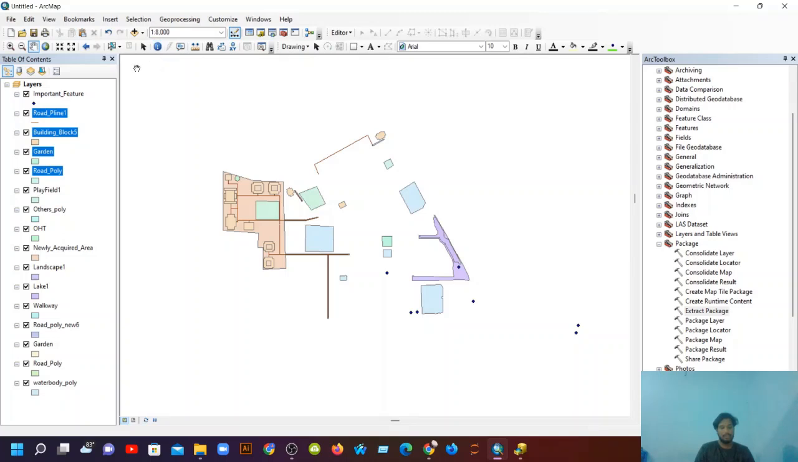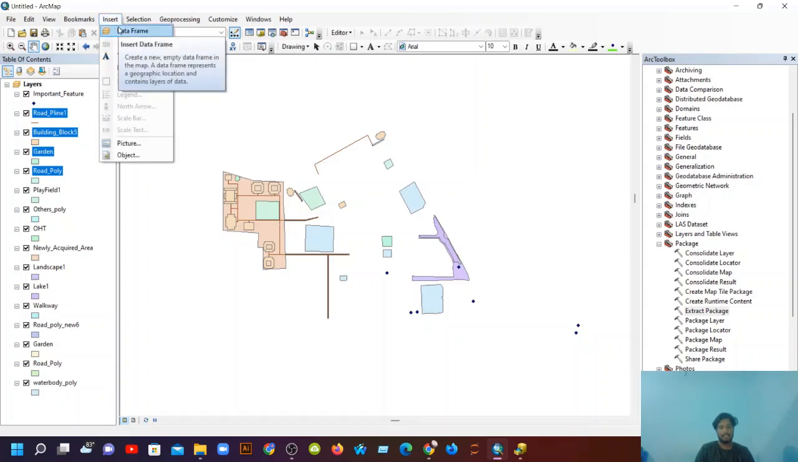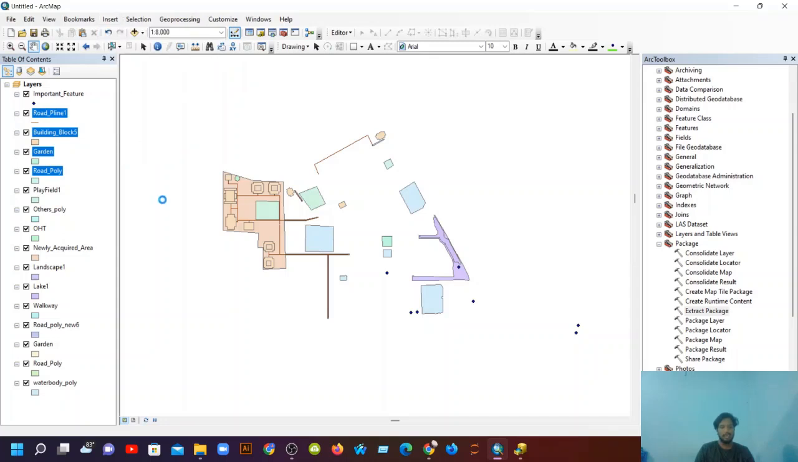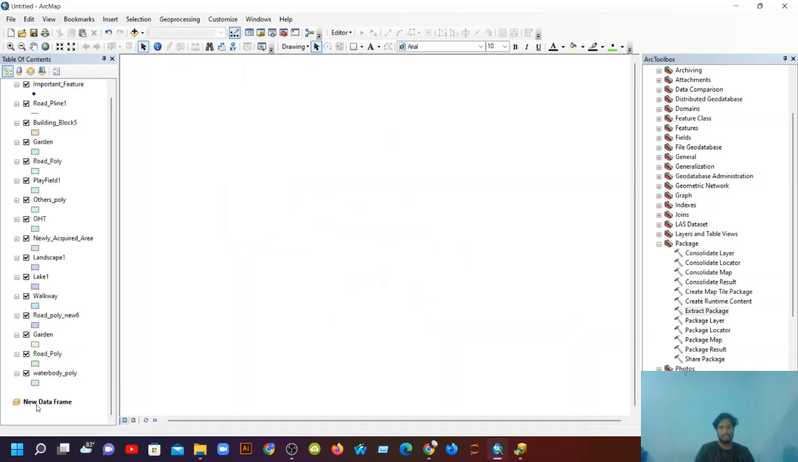We can work on different worlds having different coordinate systems. That's why we have to add more layers. So to add another layer, click on Insert and then Data Frame. By this, a new layer will be created. Now the new layer is empty. We can add data to this layer by the same process, like click on the data,